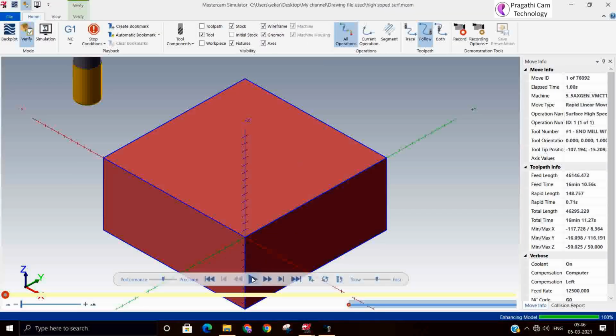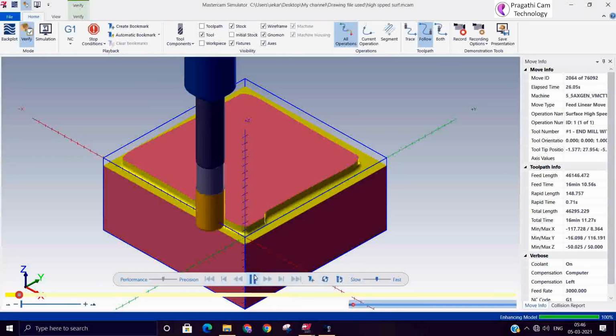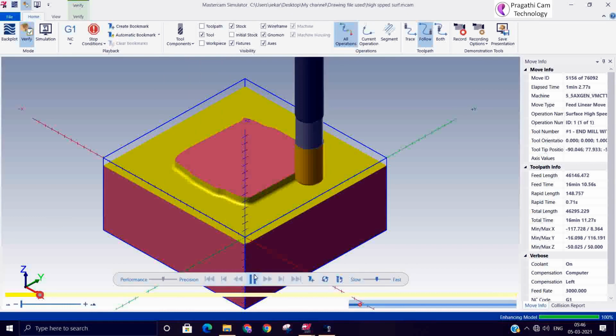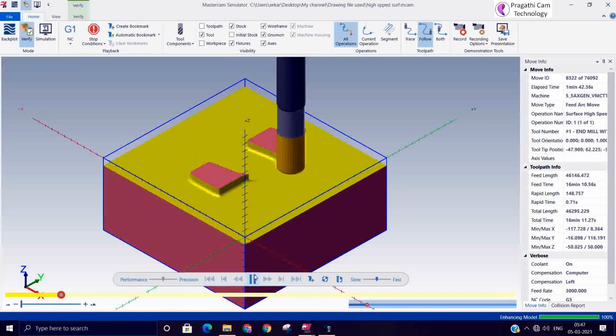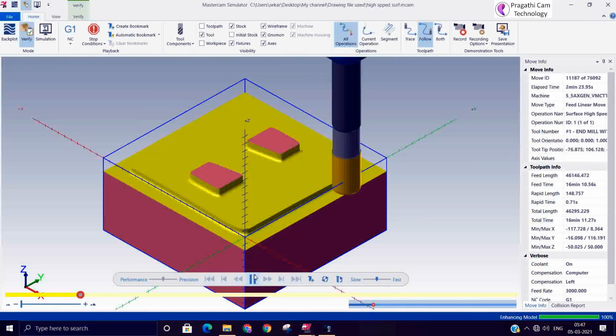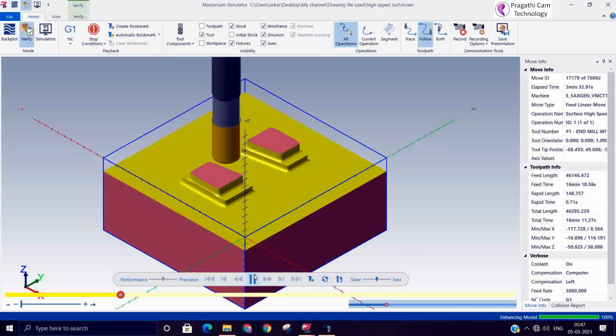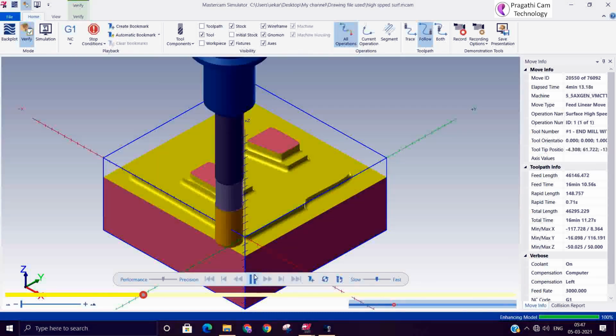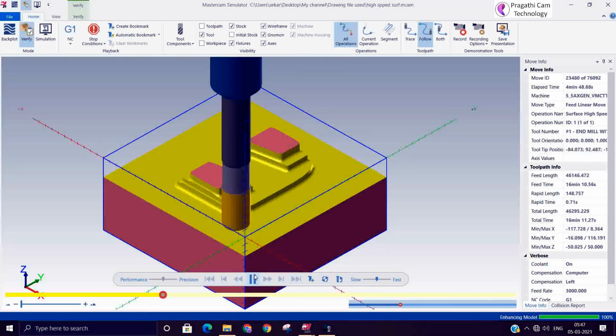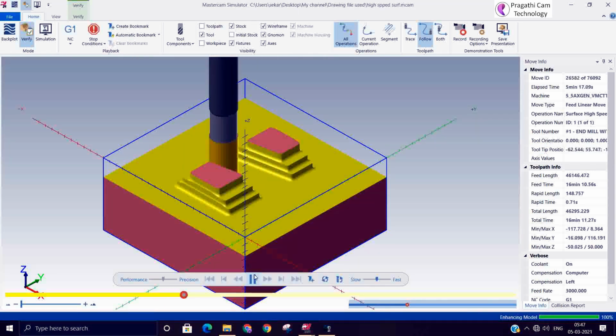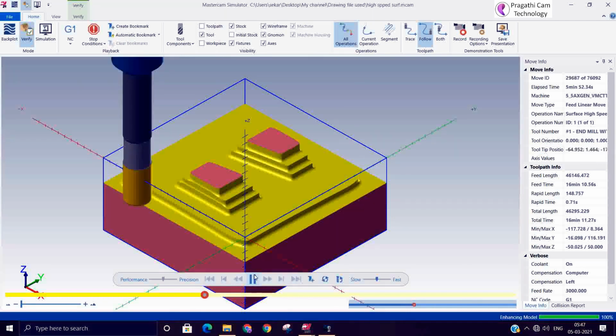This model we analyzed. The minimum cut radius is around 3 mm. We have analyzed this model because the same model is used in many of the toolpaths. You can see that the rough steps are here.